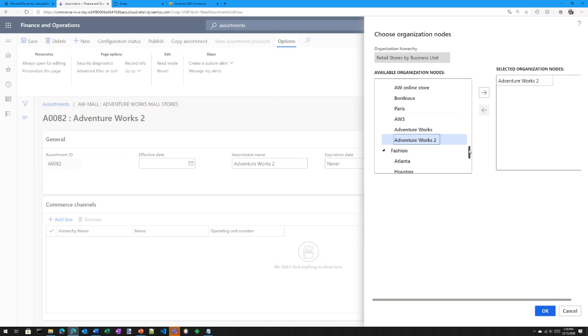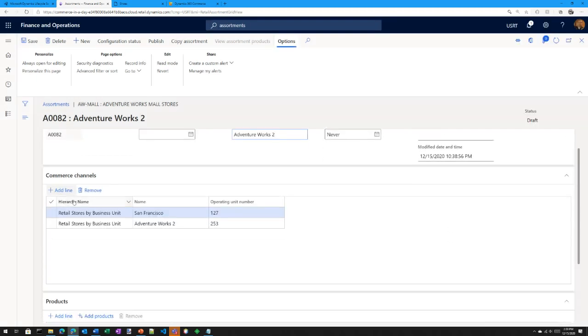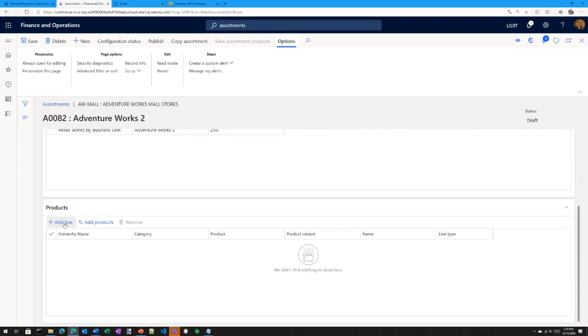But I'm also going to scroll down here, and I'm going to add the San Francisco store because I want to make sure those products are available in the San Francisco store so that I can demo a buy online and pick that same product up in the store. So now I've picked two channels. I have to tell it which products I want to add. So I know the product numbers,